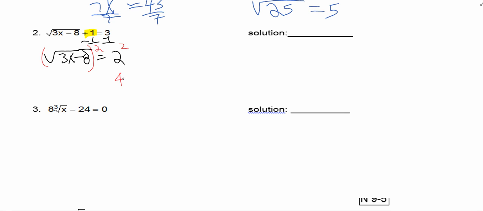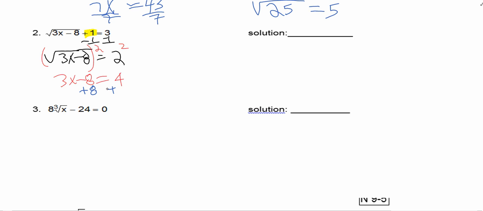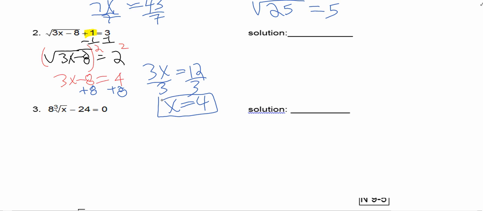And we get 4 on the right and 3x minus 8. And we add 8 to both sides, and we get 12 equals 3x, so divide both sides by 3, and x equals 4 is our solution. We need to test real quick. So plugging in x equals 4, we get the square root of 3 times 4, which is 12, 12 minus 8,